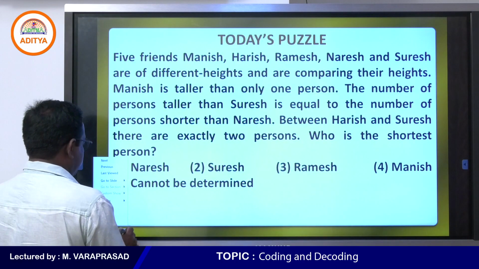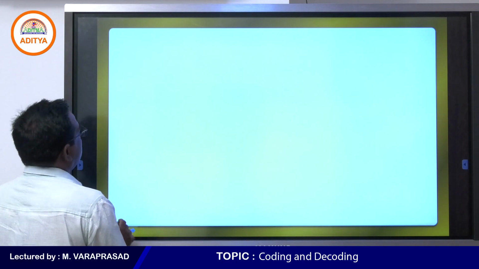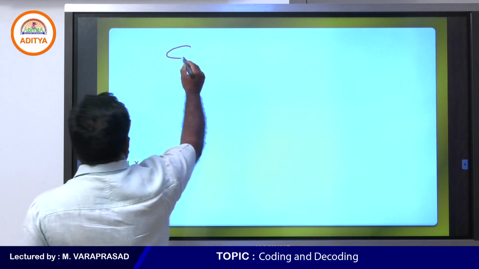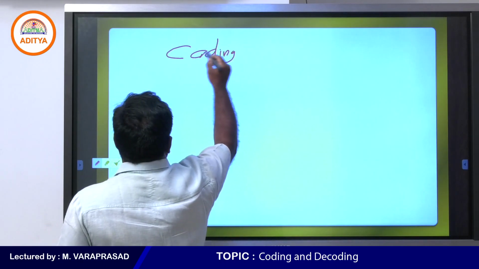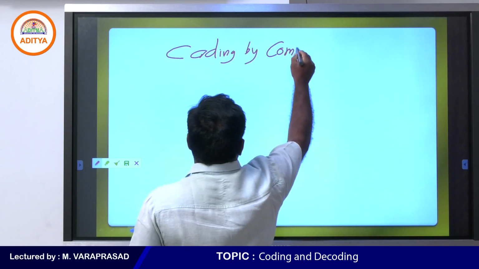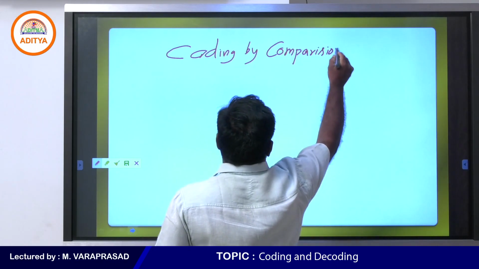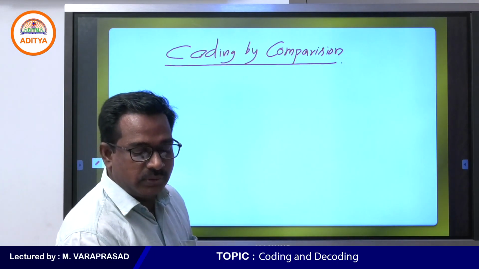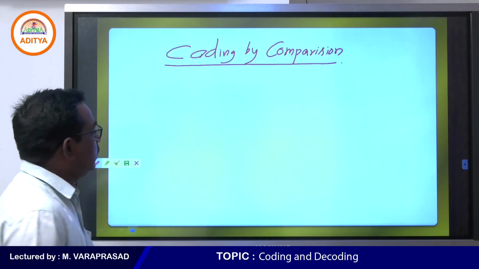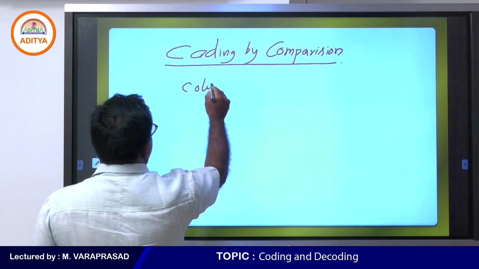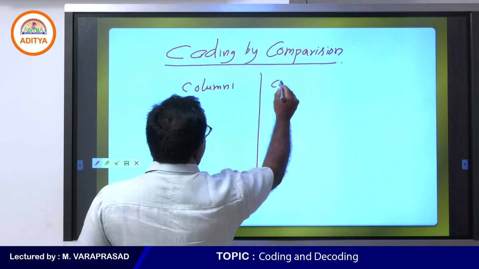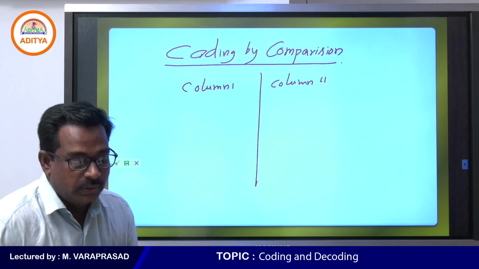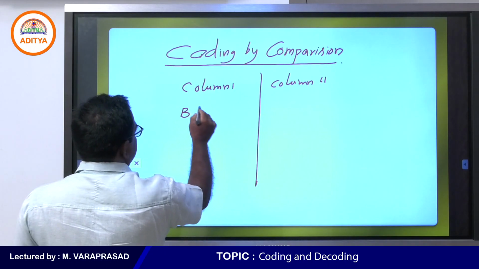Now next one, next condition, coding by comparison. Coding by comparison, right? Now we can discuss how to code by comparison. Here two columns will be given, column 1 and column 2. Column 1 and column 2 is given here. So in column 1 words will be given, suppose given bat,